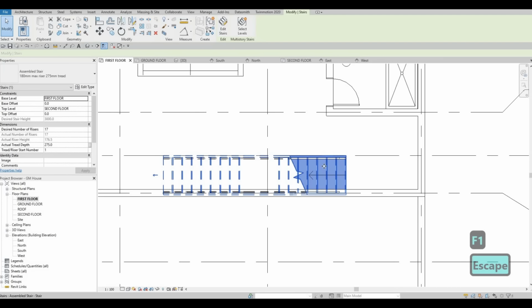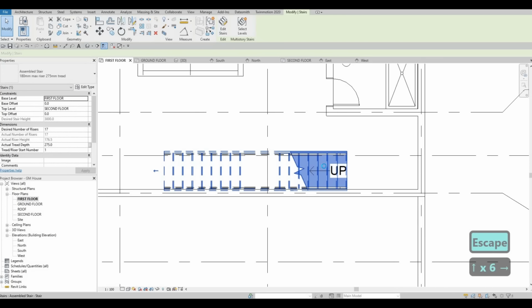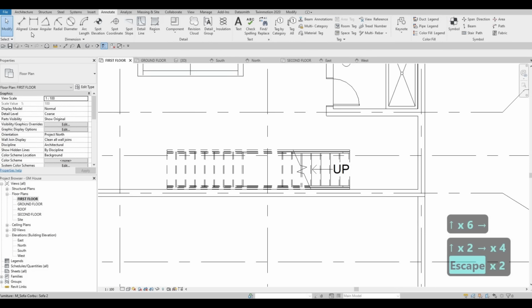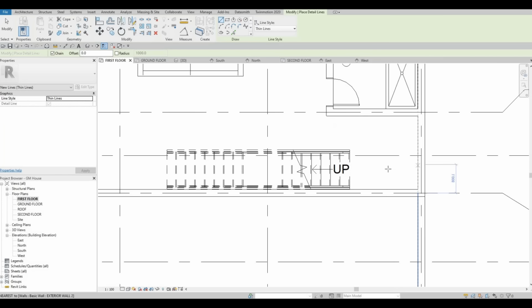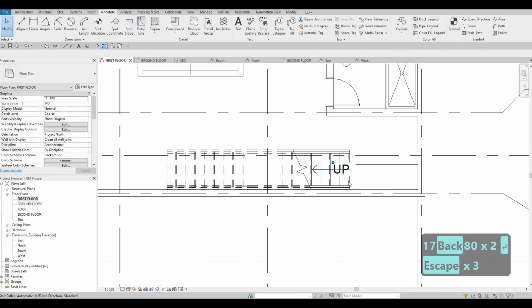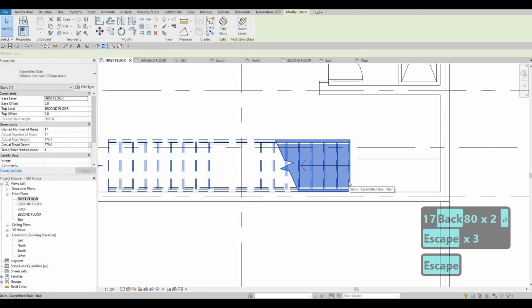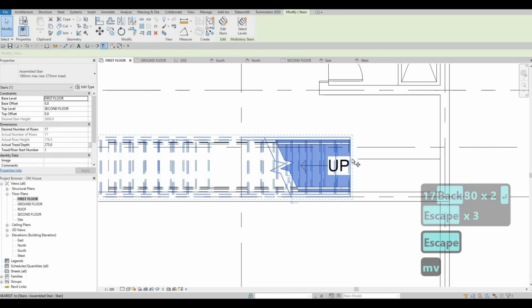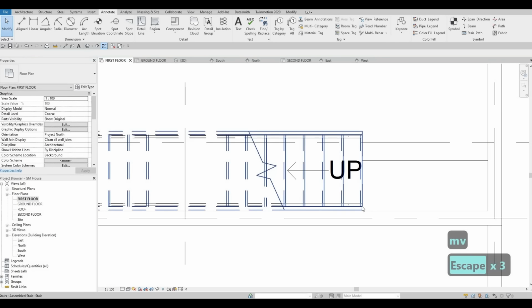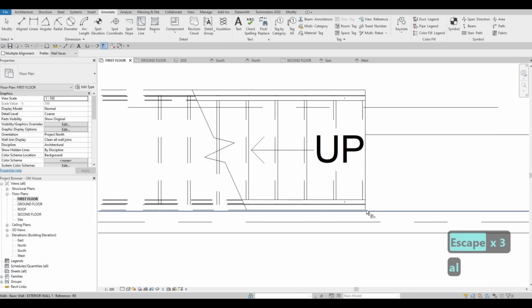I want to move this, and then I want to create a detailed line so that I can be accurate. So around 1800, let's make it 1800, and then I'm going to align it there. MV, there we go. AL,